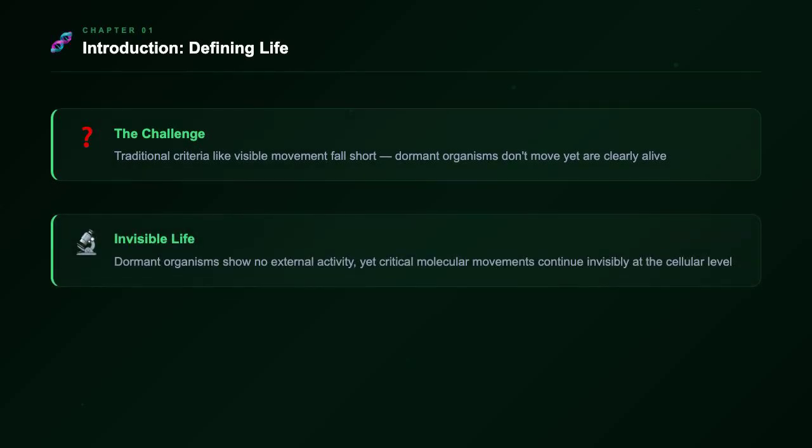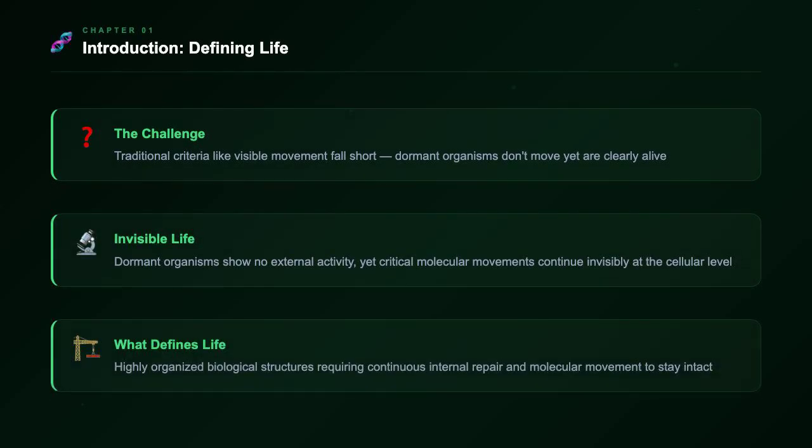Biologists face a fundamental challenge in distinguishing living things from non-living things because traditional criteria like visible movement fall short. While dormant organisms show no external activity, critical molecular movements continue invisibly at the cellular level. Ultimately, life is defined by highly organized biological structures that require continuous internal repair and molecular movement to stay intact